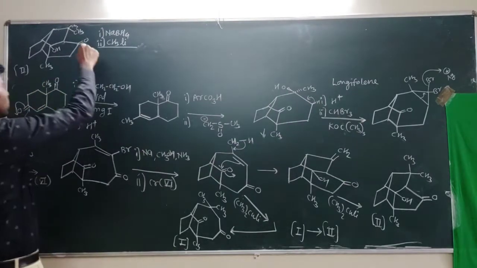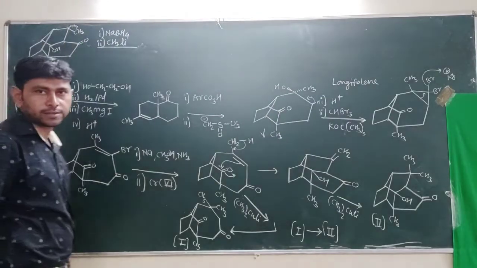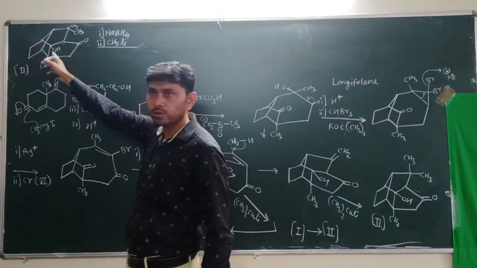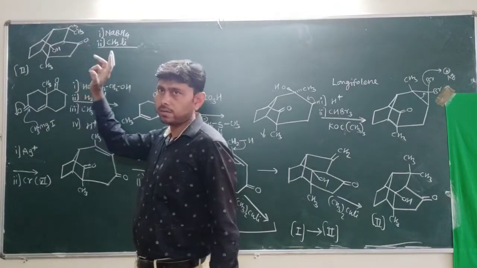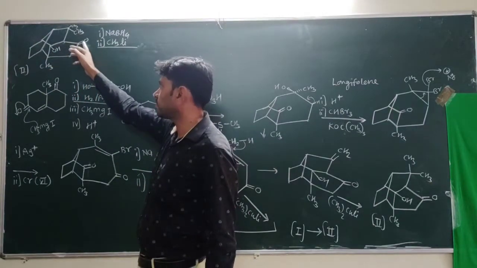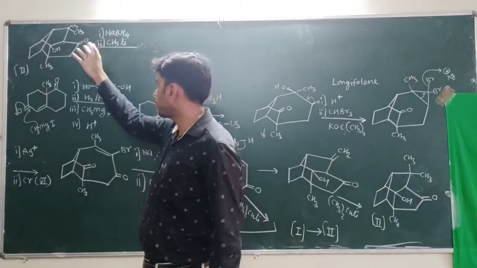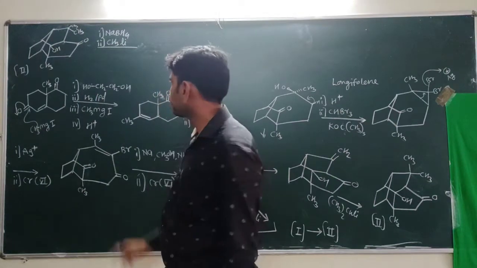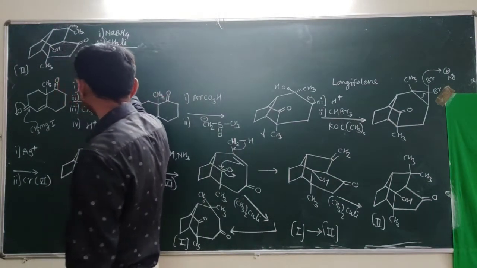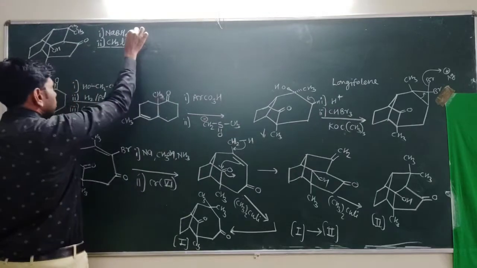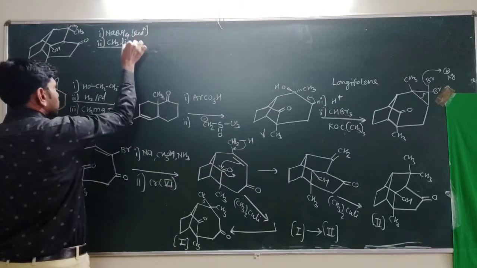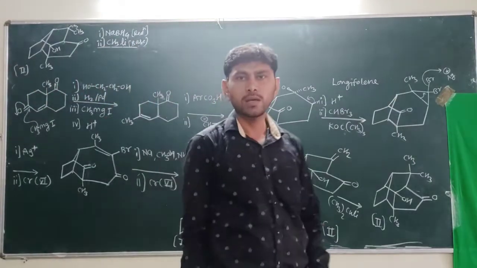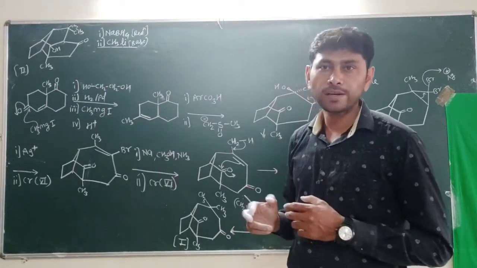Methyl lithium is for removal of the OH group from the less remote, less crowded side. So this OH is there, and another second OH is there. Which one is having the lowest crowding? This one is the lowest crowded, or most favorable for removal of the OH proton, H plus. So O minus formation is there. When this O minus forms, it is utilized as a base. This is for reduction, and this one is utilized as a base to remove the proton from the OH side. So it removes the proton, forming O minus.